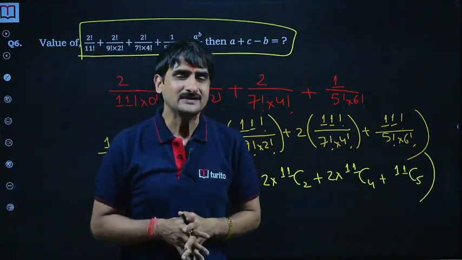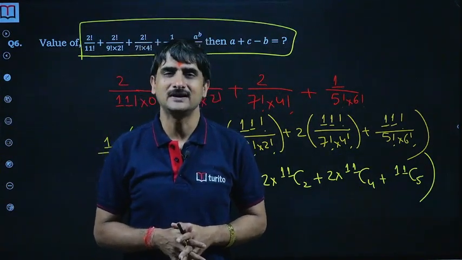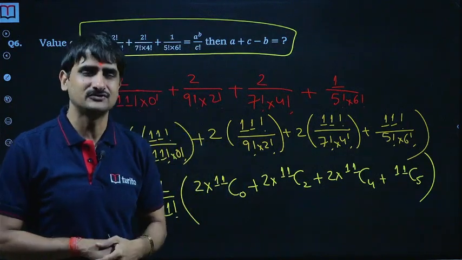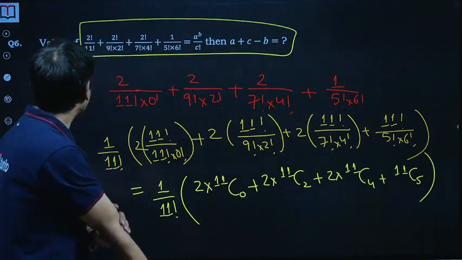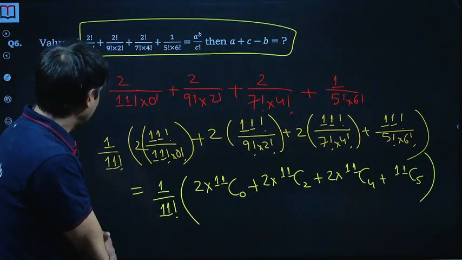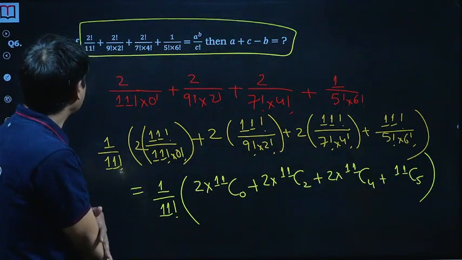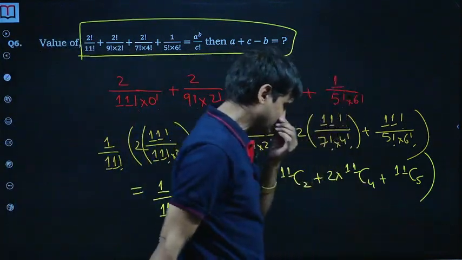to 2 raised to the power n, and then the sum of all even binomial coefficients is 2 raised to the power n minus 1. The sum of all odd binomial coefficients is also 2 raised to the power n minus 1. I just wrote it thinking something else. But if you allow me, then I can correct it here itself. Okay, then how can we correct it? Because